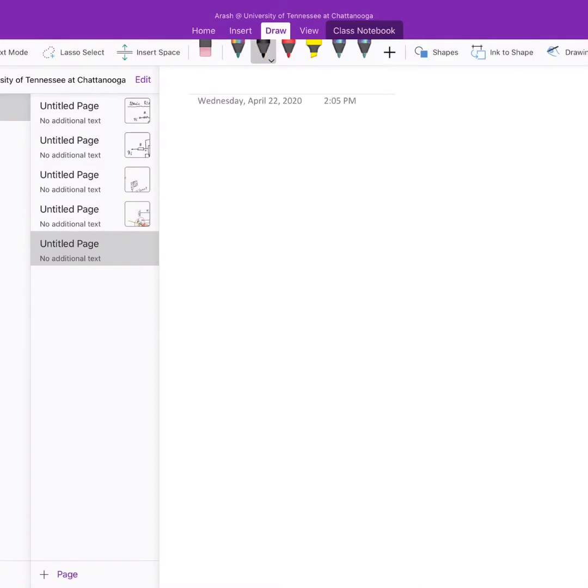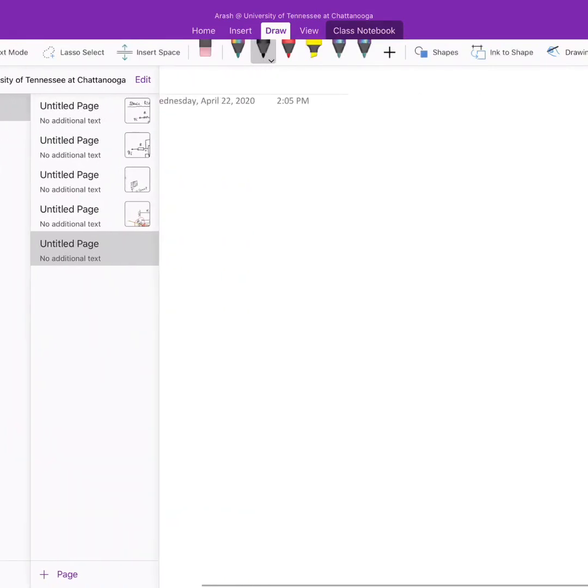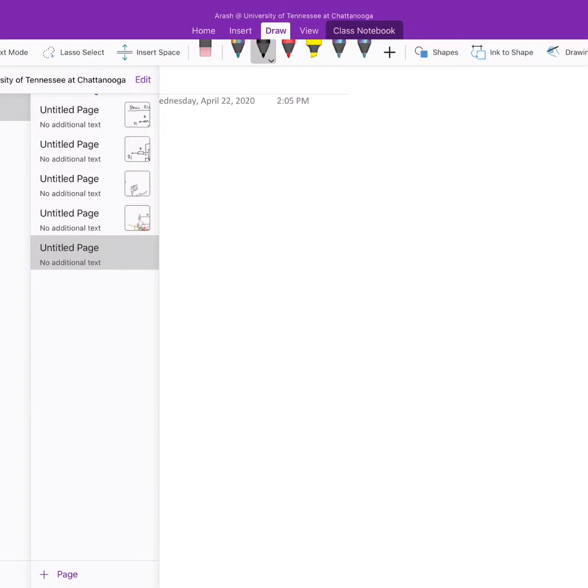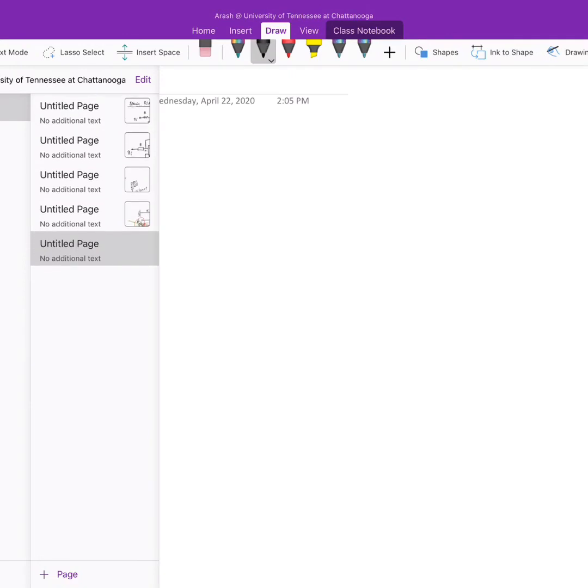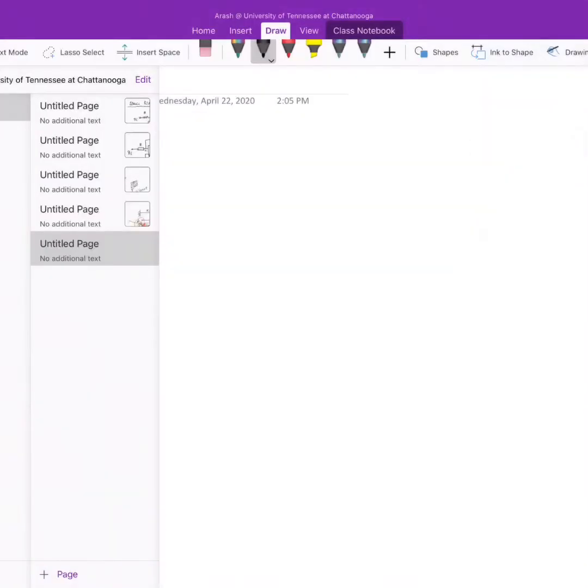Okay, so can I get rid of this pen here? Maybe I should rotate the screen. Can I rotate the screen? See, yep. Rotate the screen, and